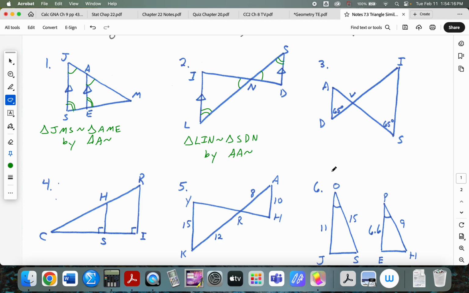What do we have here that we know is always going to be congruent? Yeah, vertical angles are always going to be congruent. So I know these two angles are congruent. And I already know the 65s are congruent. So